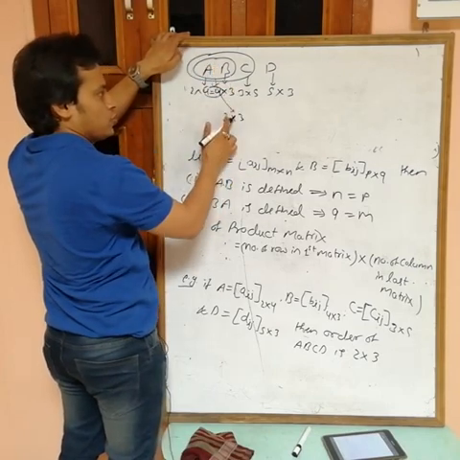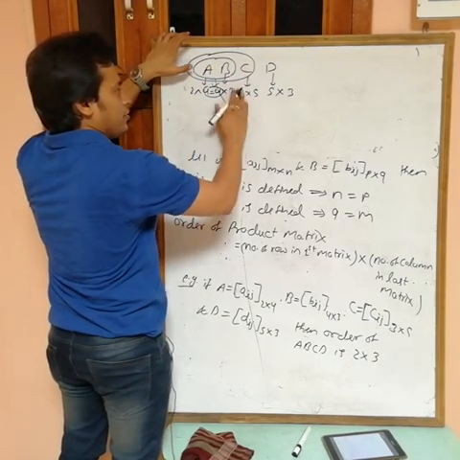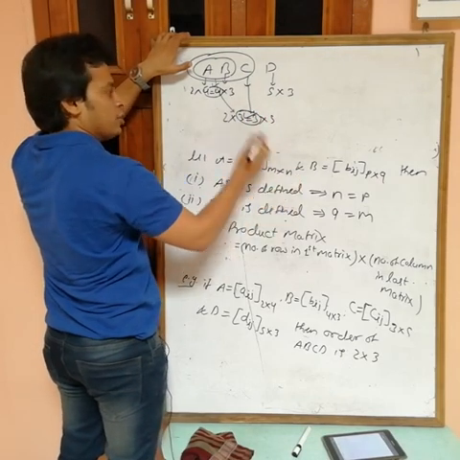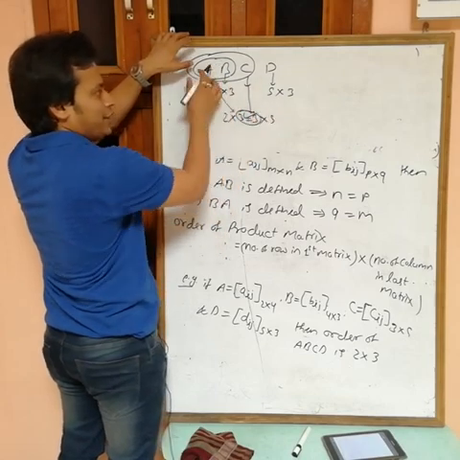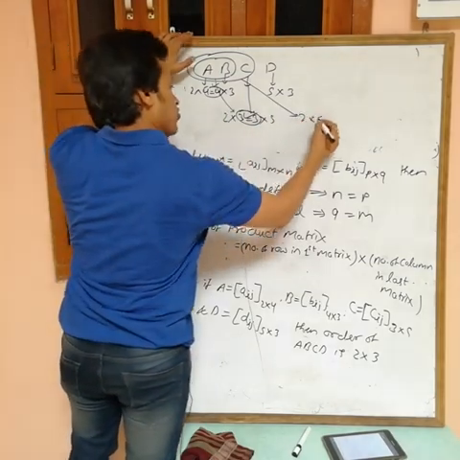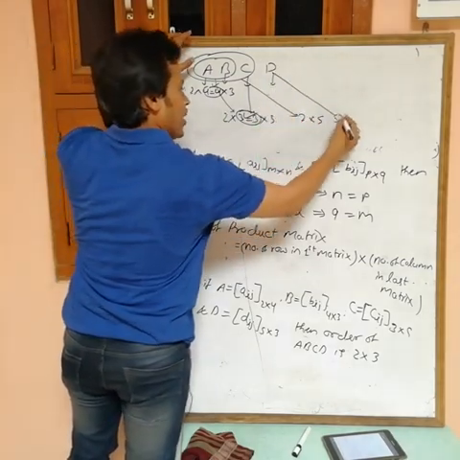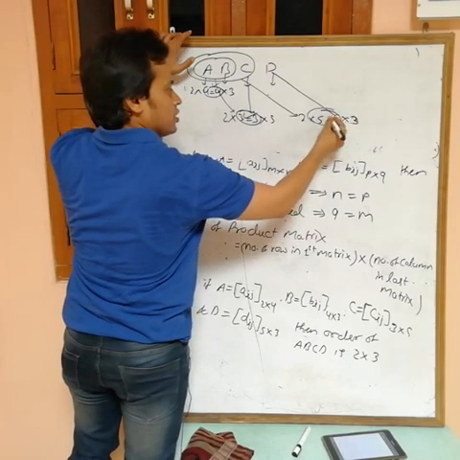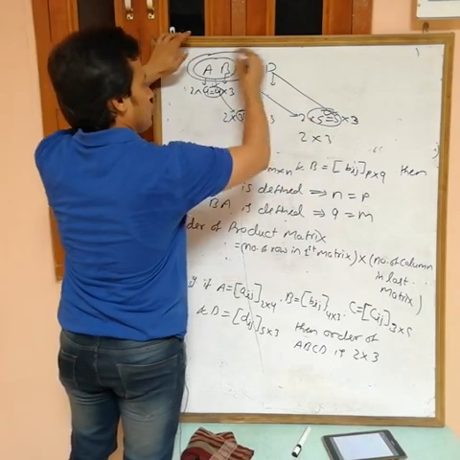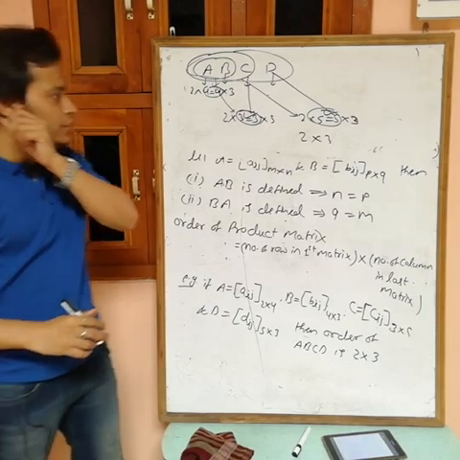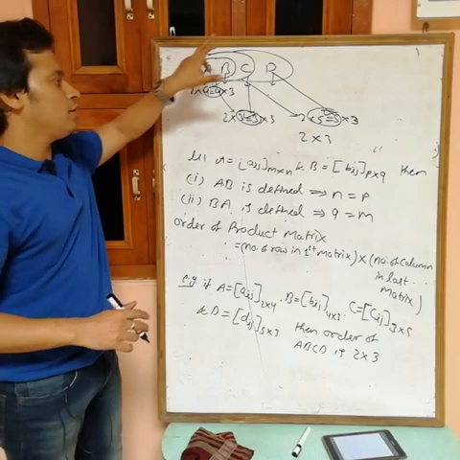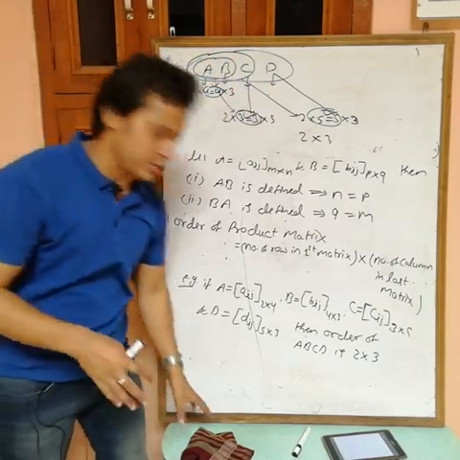Now we want to multiply AB with C. AB is a matrix whose order is 2×3 and C is a matrix whose order is 3×5. Again these two must be same, and these are same. So now we are getting A into B into C whose order is 2×5. Now the order of D is 5×3. These must be same. Okay, same. So the product is defined and at the end we are getting order 2×3 for A into B into C into D. So just simple: the number of rows in the first matrix and the number of columns in the last matrix, if the product is defined.